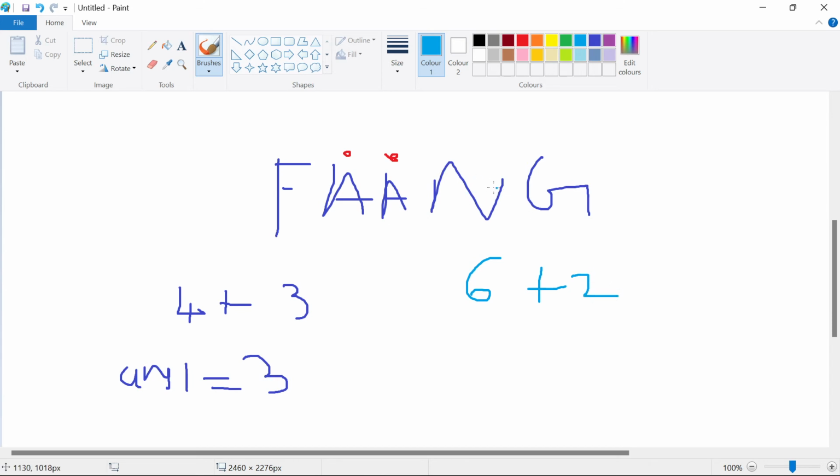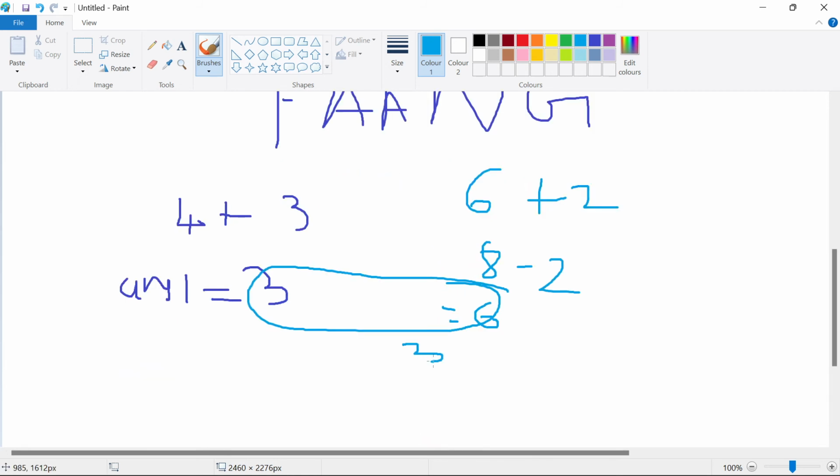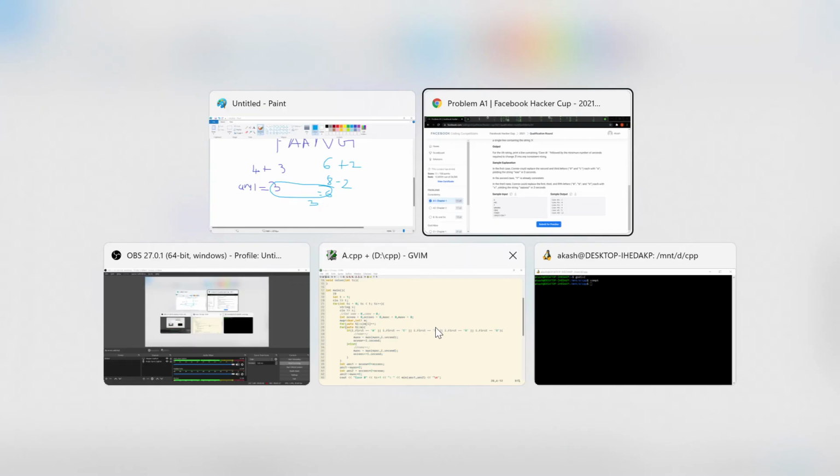We're reducing the maximum occurrence of anything. Basically everything has a maximum of 1, so we'll be reducing 8 minus 2, 6. The minimum of these two is 3, so we can convert this string into a consistent one using just 3 seconds. Let me just show you my code.